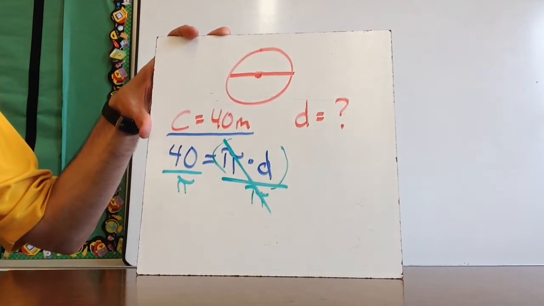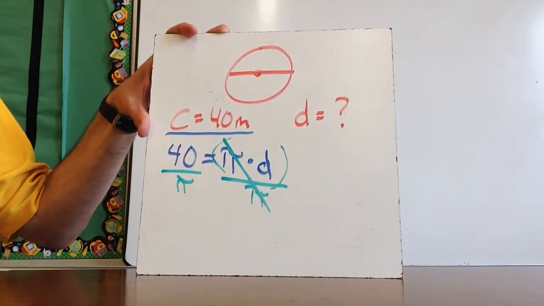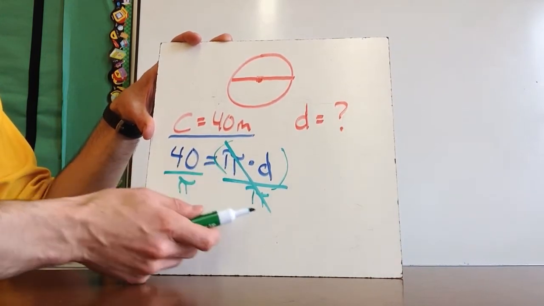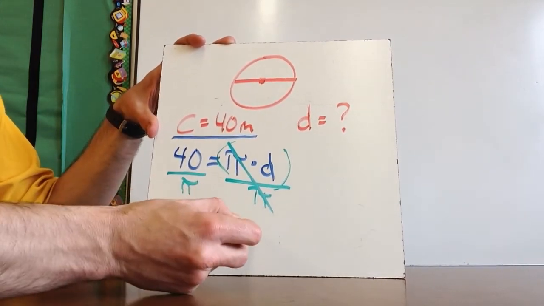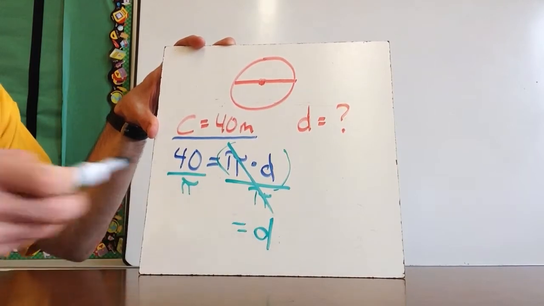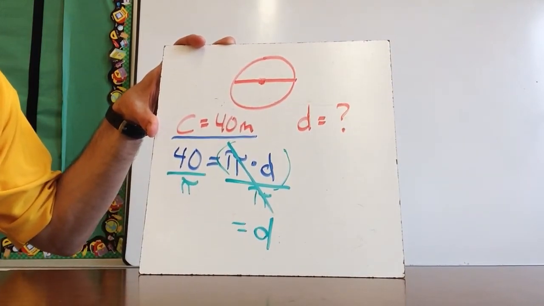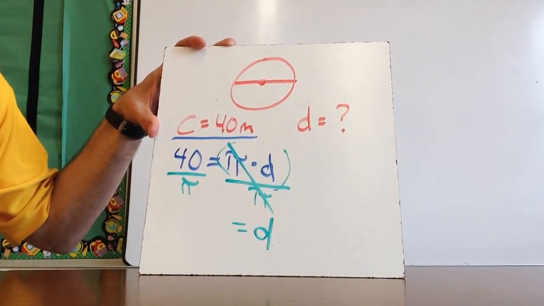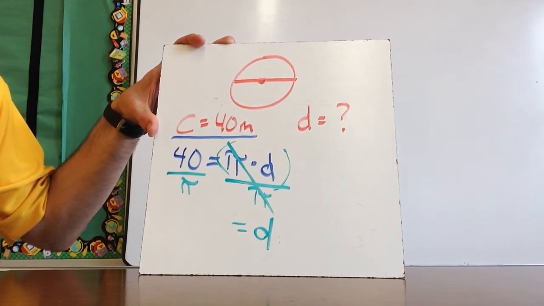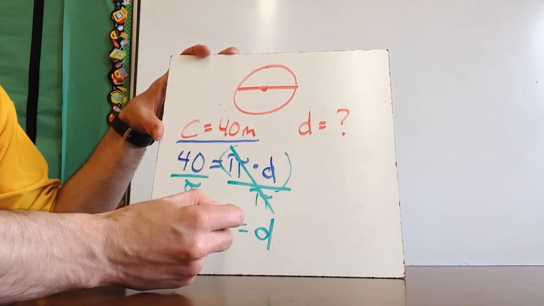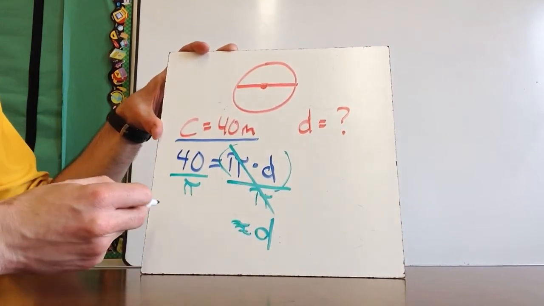Keep in mind, pi is just a number. Maybe a really long number, but it's just a number. And so pi divided by pi is 1. It cancels out. And so I'm left with d on this side. And now I have 40 divided by pi. And 40 divided by pi is approximately, sorry, I should have put this as a squiggly line,